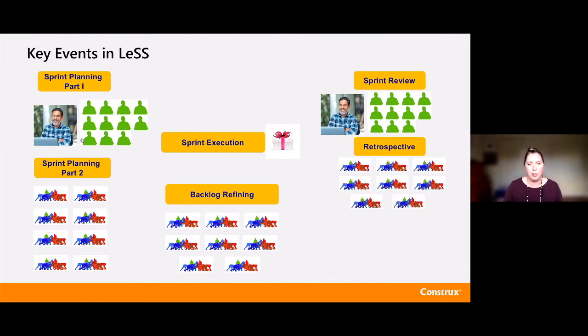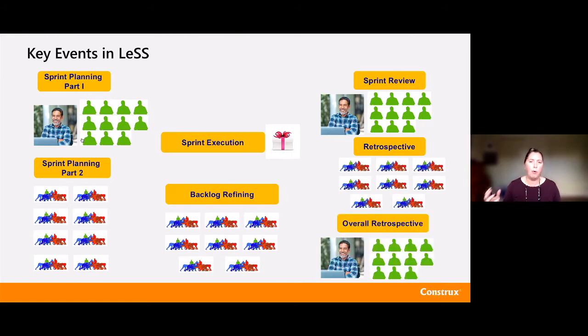Then we're going to move into a retrospective. First, the teams will do a retrospective. Then they will send a representative to meet with the product owner and talk about the things that are more LeSS-wide. What are things that maybe no one team inside of the LeSS unit can solve, but the overall group should be looking at? These could be things like build practices or areas where we need to invest more in unit testing because we keep finding issues. So we're looking at things at that product level here in this second part of the retrospective.